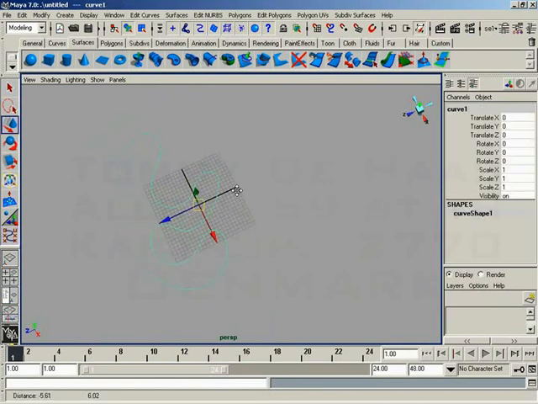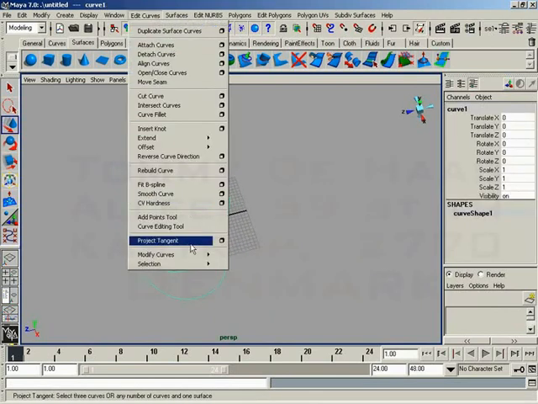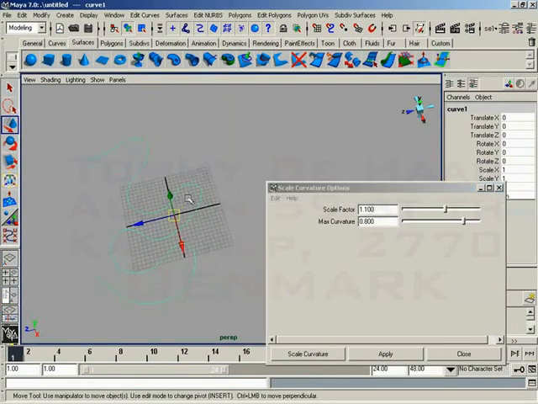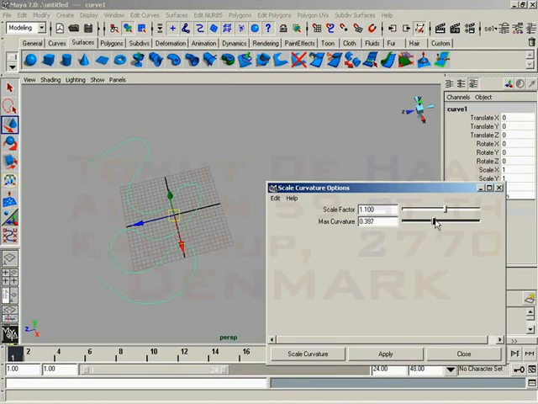Okay. Now let's go to Edit Curves, Modify Curves, open up Scale Curvature, and you have a scale factor, which is how much you're going to either multiply the amount of curvature you have or kind of detract from it. And then you have max curvature. This is the maximum angle that two points of the curve can actually meet one another. So the greater this is, the more curvature you're going to allow. The lower this is, the less curvature you're going to allow. So if you have like a really curvy curve and you have the max curvature set pretty low, it's going to start removing some of that curviness because you're basically telling the curve, I only want you to have so